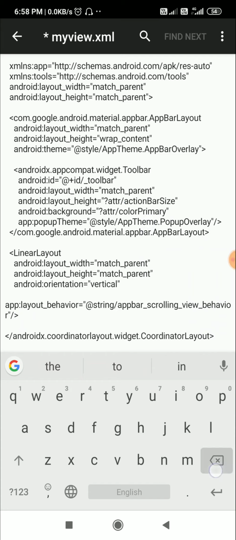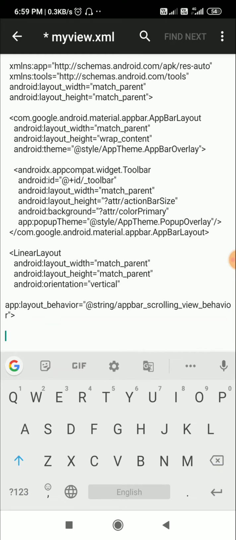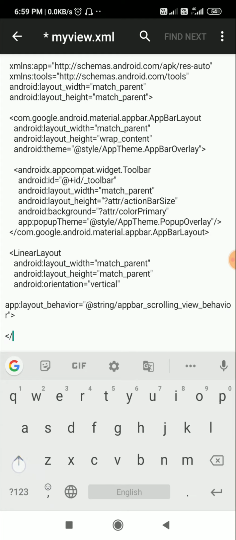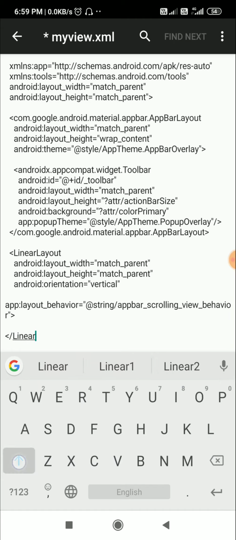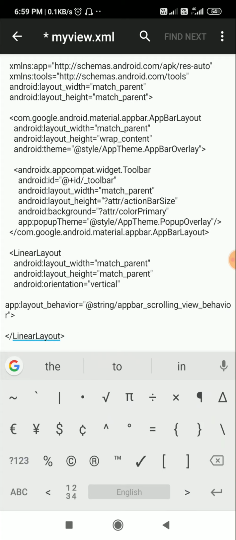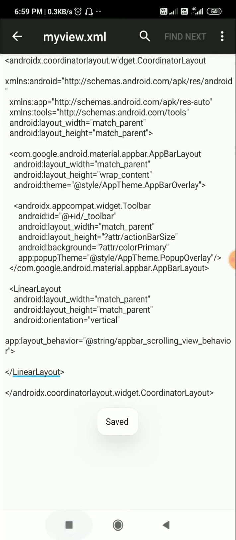So instead of closing it like this, I'll close it by writing this closing tag of linear layout. Okay, so now we have this closing tag of linear layout, and I will save this.